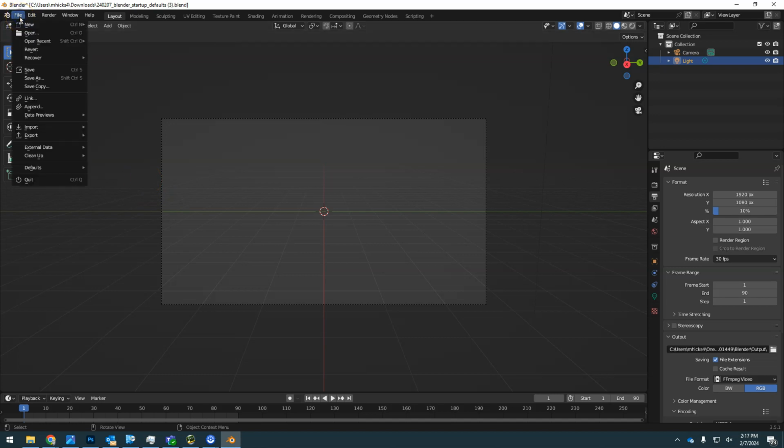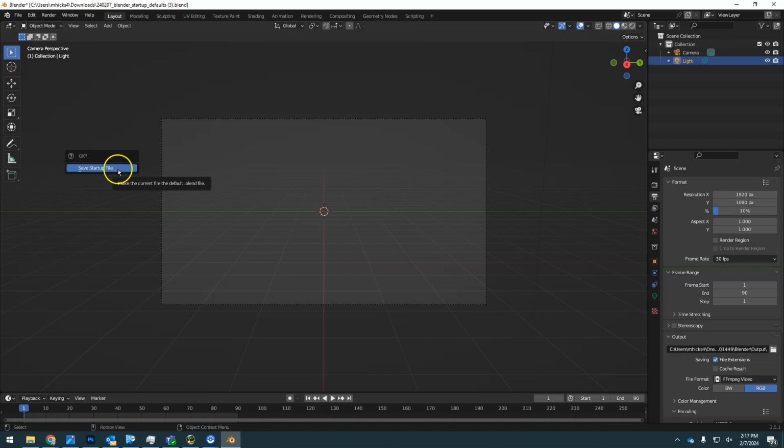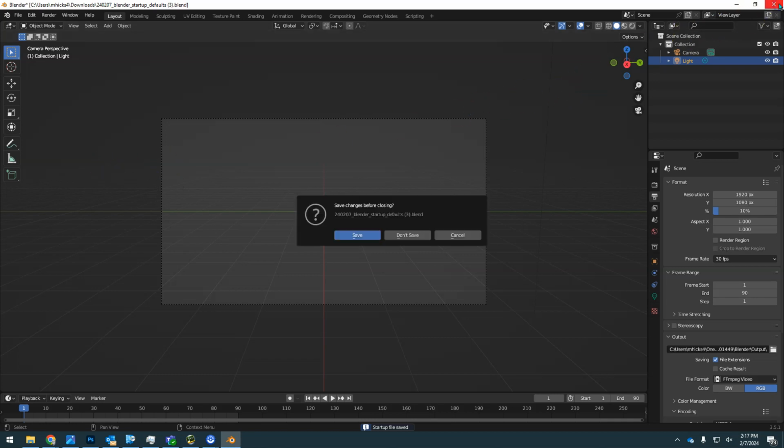And now that that one thing has been changed, now we want to make this the new startup file. So go down to File and then Defaults, and we're going to save this as our new startup. You do have to click again and say, yes, okay, save this as the startup file. So now if I close Blender